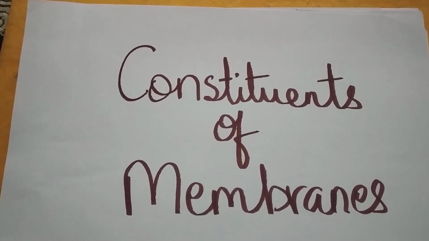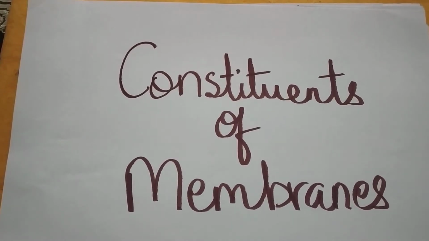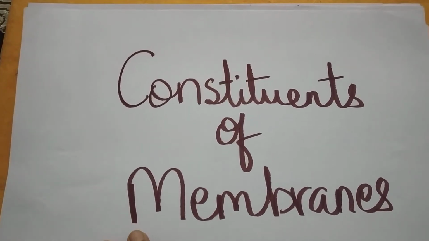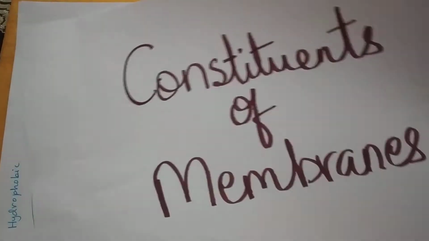Hi everyone. Now that you got a brief introduction to the fluid mosaic model, you must be curious about what these proteins, lipids and other components that were drawn in the fluid mosaic model diagram. What do they do? What is their function and how do they comprise this whole membrane structure? How do they keep the structure intact? So let's learn more about these constituents of our cell membranes.